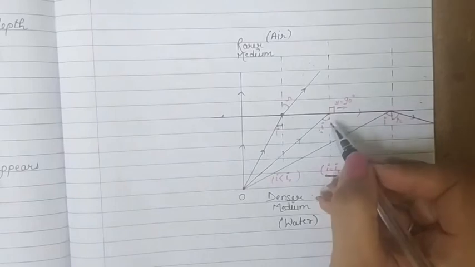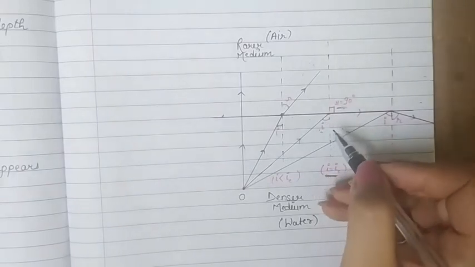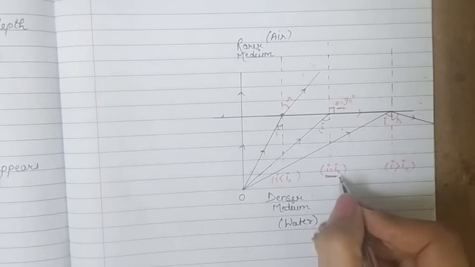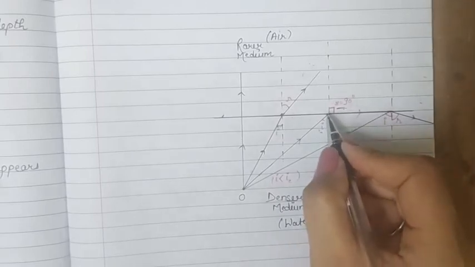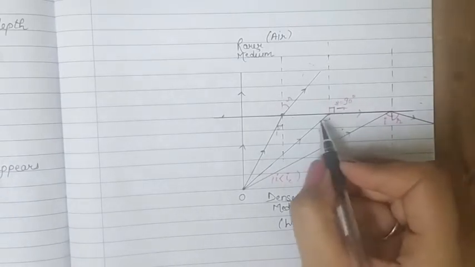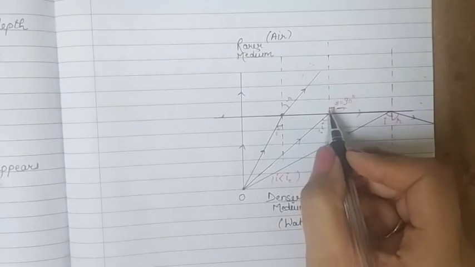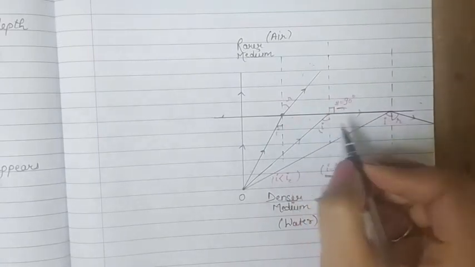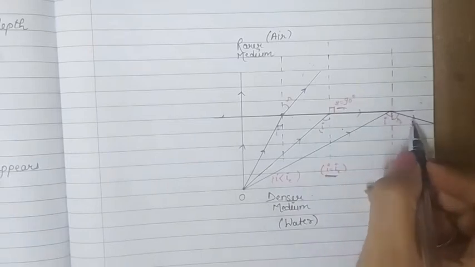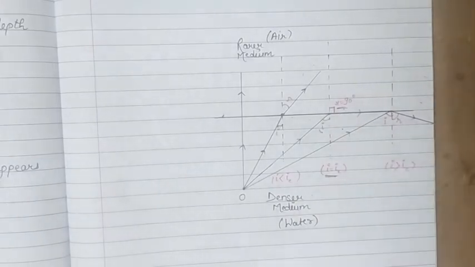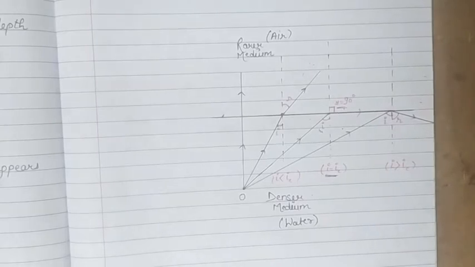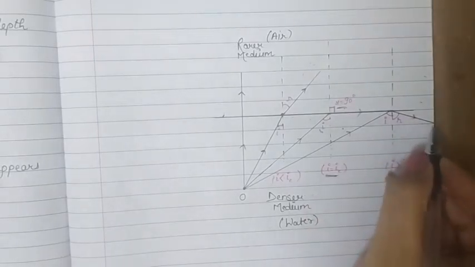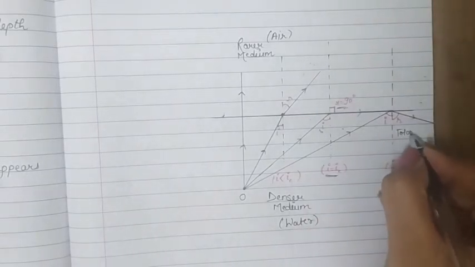Now what if we increase the value of the angle of incidence further? If we increase the value of i beyond the critical angle, then after this point the ray will get back to the same medium, because as we are increasing i, the angle of refraction is also increasing. So if we increase the value of i, we get the rays bouncing back to the same medium. Now the process is of refraction, but the results that we are getting are of reflection. Okay, so this is a reflected ray. This is a totally